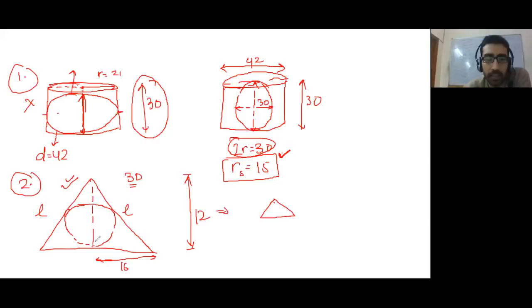12 and 16 are the height and radius respectively. The slant height will come out to be 20, Pythagorean triplet. So I have 20, 20, and 24. Yeah. So if I now want to calculate the inradius of the circle for the triangle, it will be equal to the radius of the sphere. The radius of the sphere is the inradius. The simplest way of doing this is the inradius of the triangle into the semi-perimeter is equal to the area of the triangle.